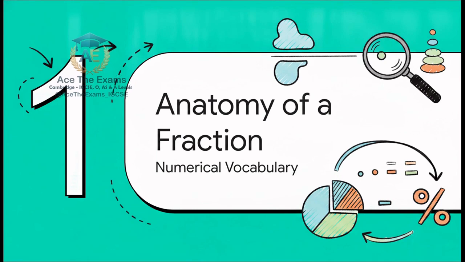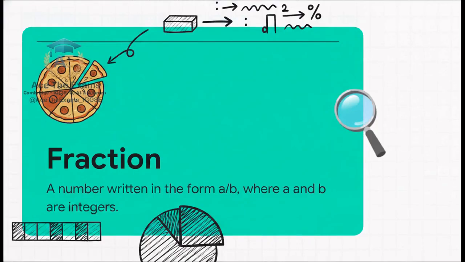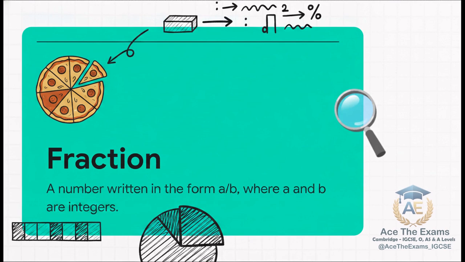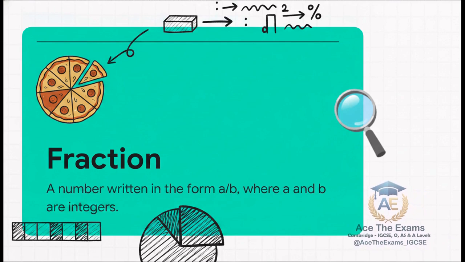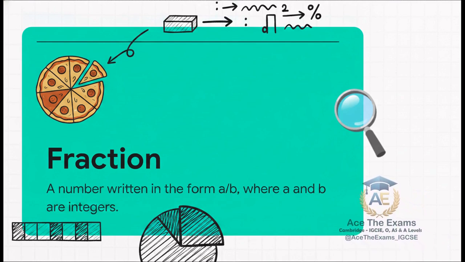Before we can do any translating, we've got to get our basic numerical vocabulary locked down tight. At its core, a fraction is really just a number written in the form of a over b, where a and b are integers. To anchor ourselves, let's map out the geography of a fraction. The value on the top, that's the numerator. That tells you exactly how many parts you have. The value on the bottom is the denominator, and that tells you how many equal parts the whole thing is